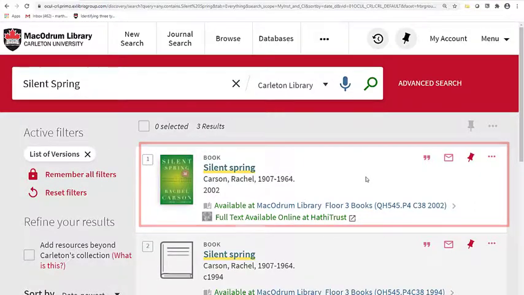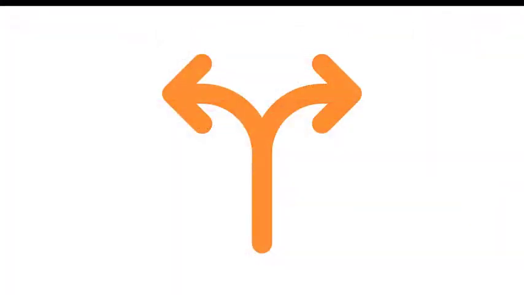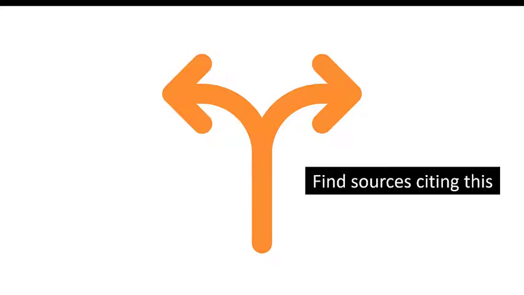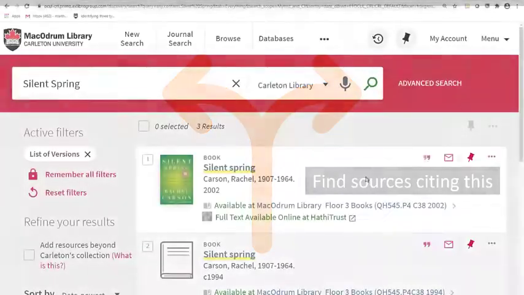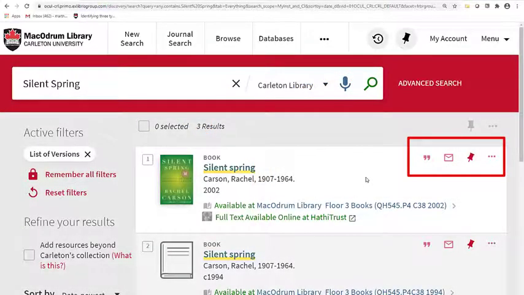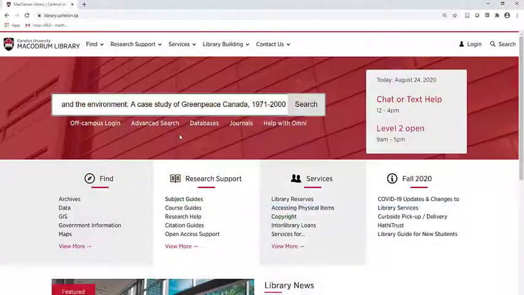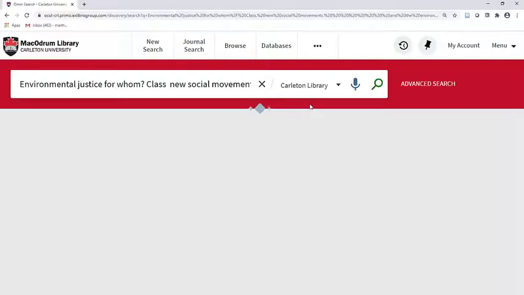If there was, an icon like this would be available in the result. This icon links to a list of sources citing a given work, but there is no such icon for Silent Spring. However, if we search for the article by J.H. Harter, Environmental Justice for Whom, by putting the title of the article in the main search field on the home page and again clicking on Search,